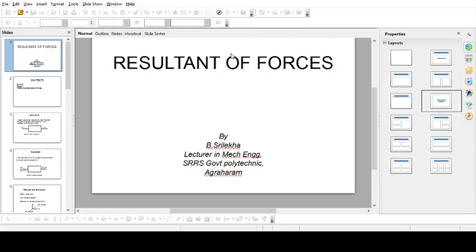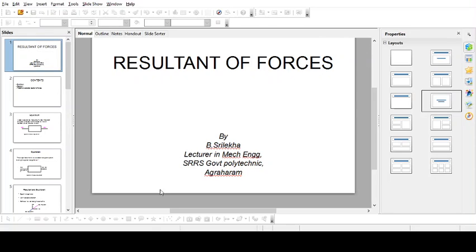So the summation of all this will give you 31.49 newtons. Next, similarly we have to resolve into vertical. So we forgot one more thing, that is plus 30 cos 270. Cos of 270 is simply 0. So 0 into something is 0, so we are not having the fourth one here.